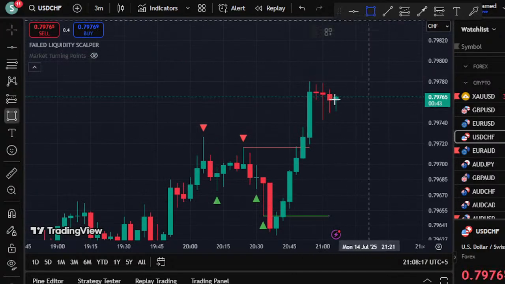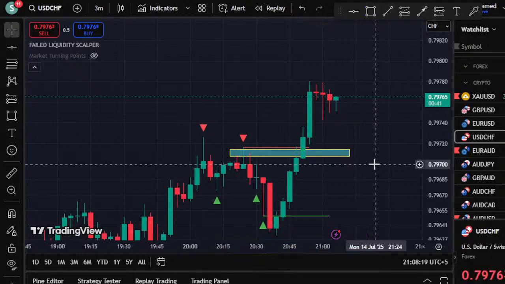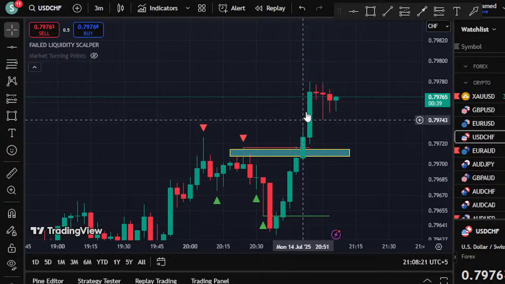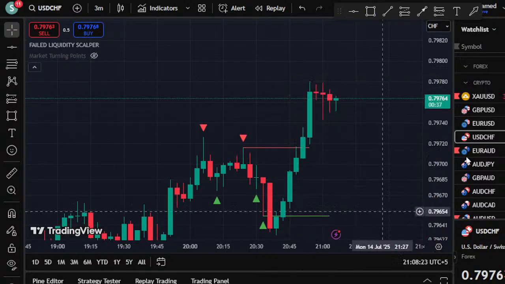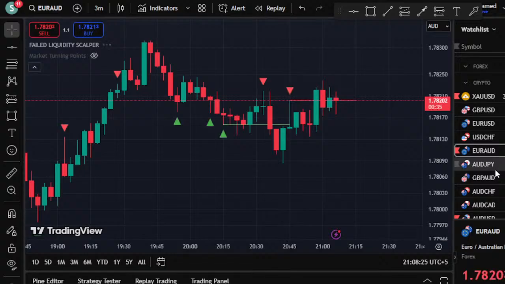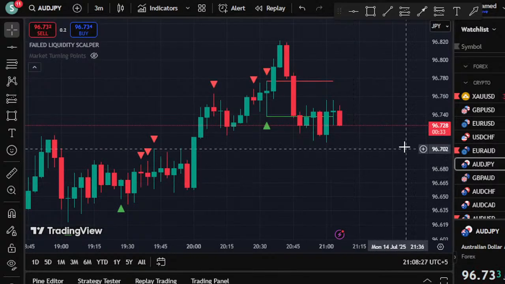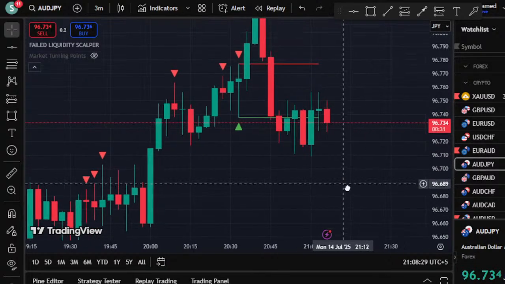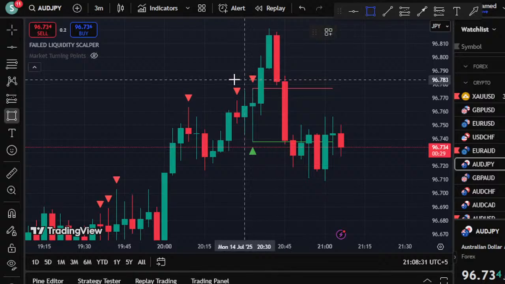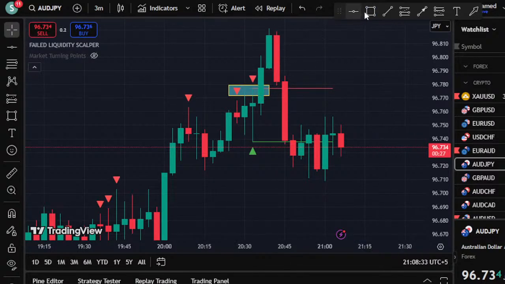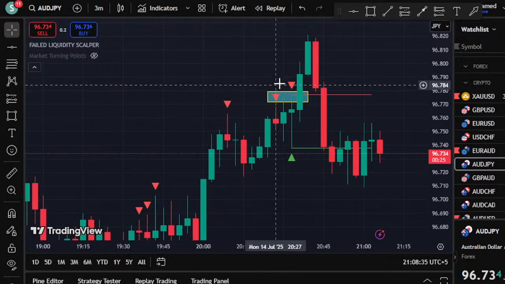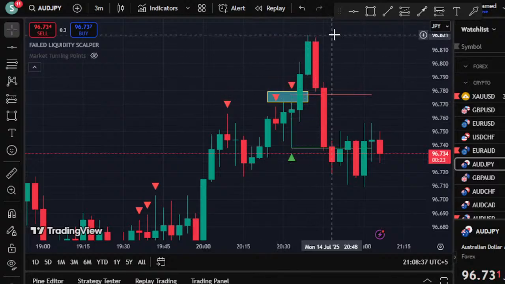This is very heavy. This is not for everyone. Okay, now look at this. This was the buy. The price breaks the signal candle. This was the buy, USD CHF, live demonstration that I am giving. Talked about the Euro AUD JPY. Okay, now what is this? Previously, this is the whole buying setups on AUD JPY. You can see every time it was breaking the signal candle high, so it was buy.